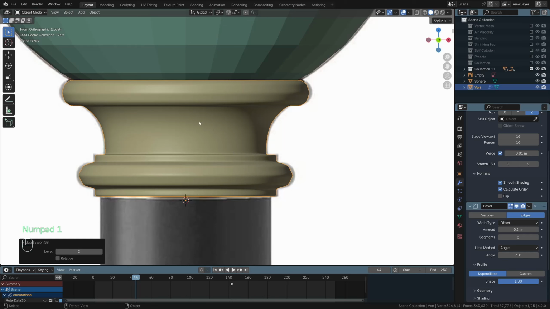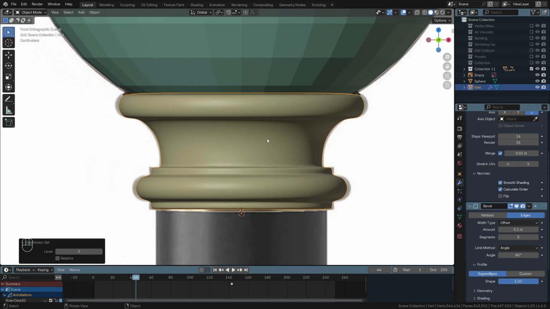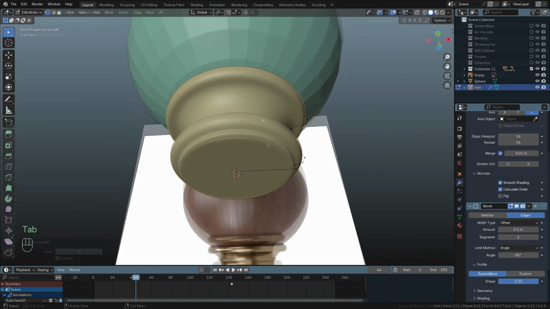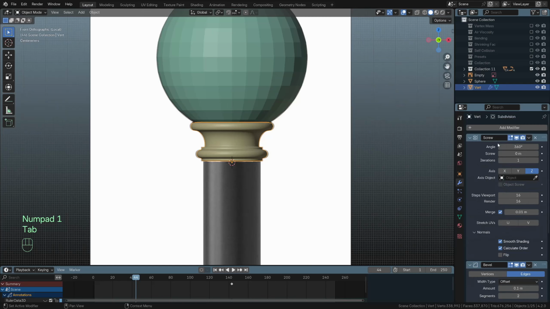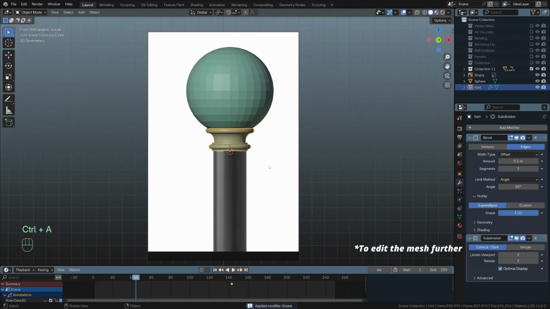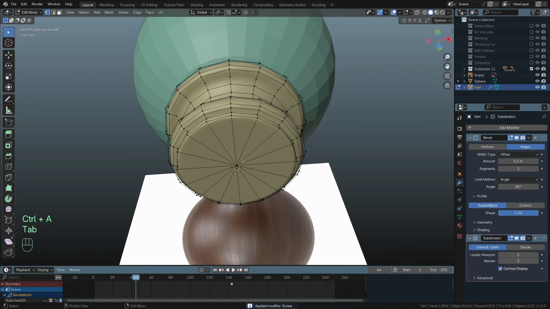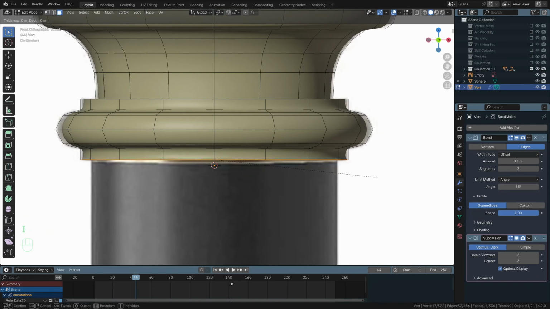Okay, these edges are getting picked up by the bevel modifier, so I'm just going to increase this angle to 85, something like that, and it is fixed nicely. Now let's apply the screw modifier, which will give us this base. And now let's grab this and press I to create an inset like this,